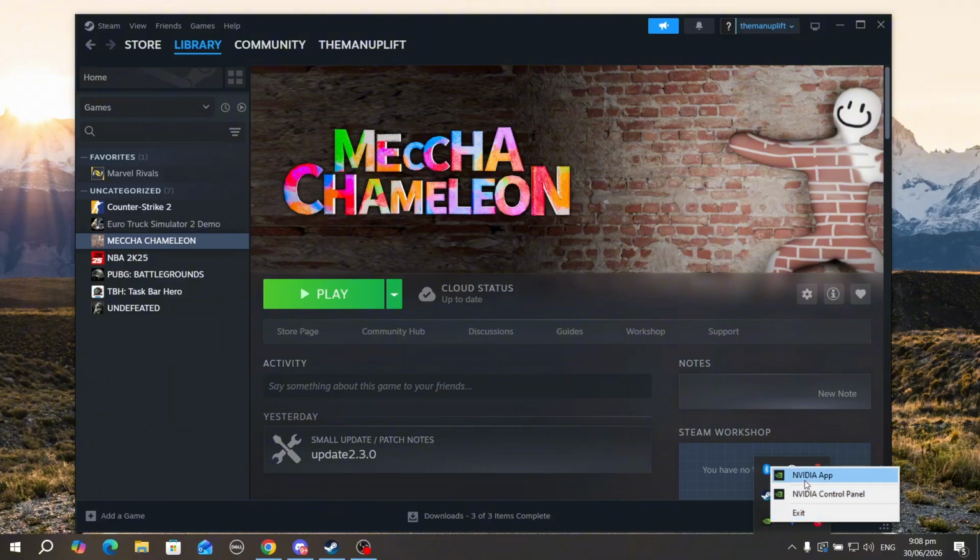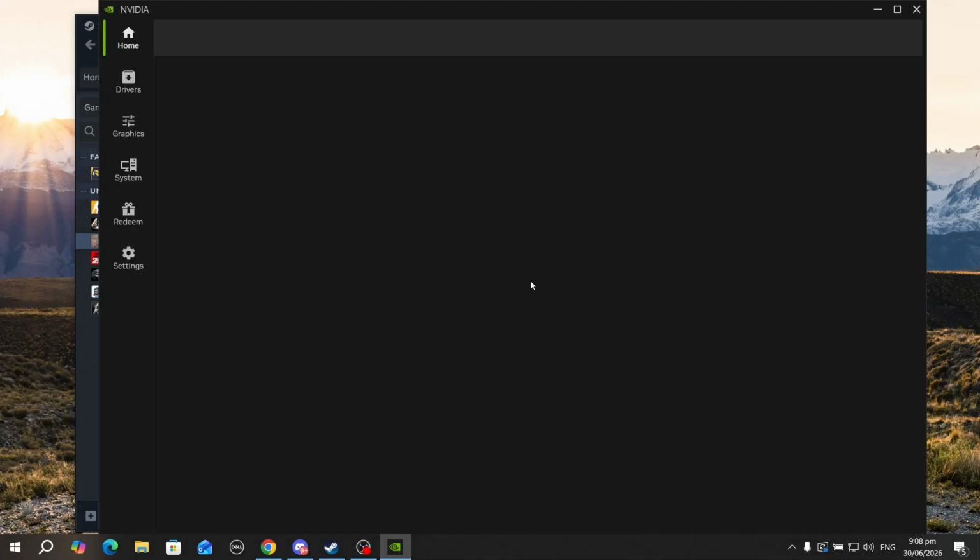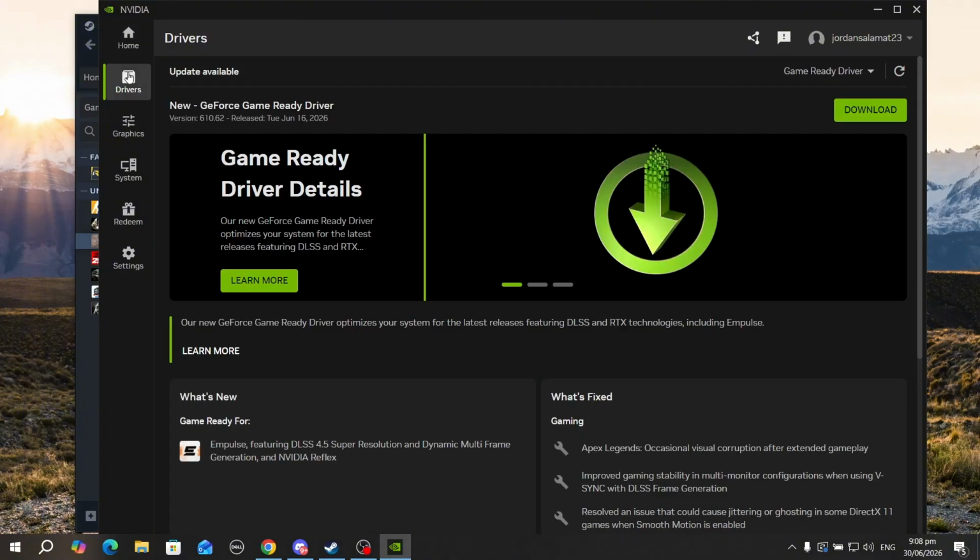Go ahead and click on the arrow up on the taskbar and then right click on the NVIDIA symbol. Go ahead and click on NVIDIA app. Once it opens, click on Drivers and let it load. If your drivers have any latest driver updates, click on Download right over here. Once you click on download, there should be an Install section right here, and then go ahead and install the GPU driver and then restart your computer. Once you restart your computer, try to open MECCHA Chameleon to see if it fixes any crashing or even